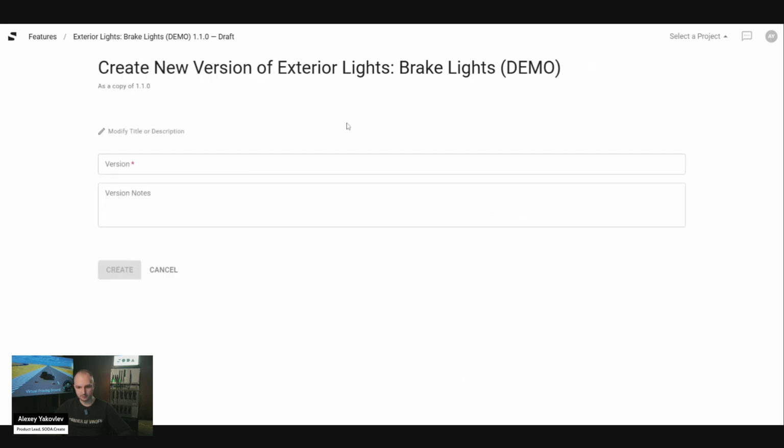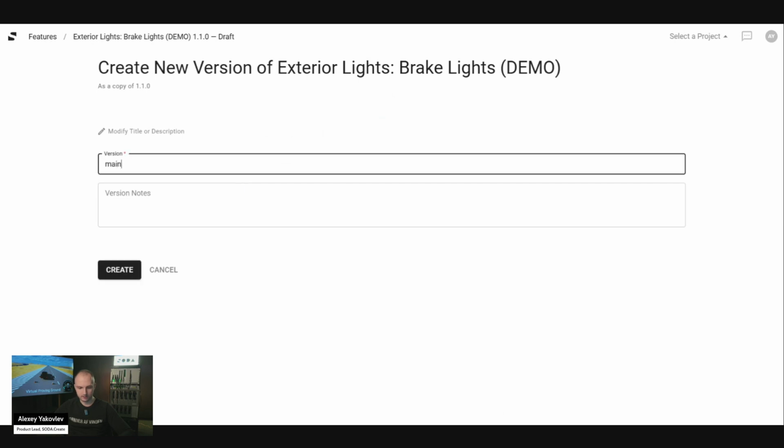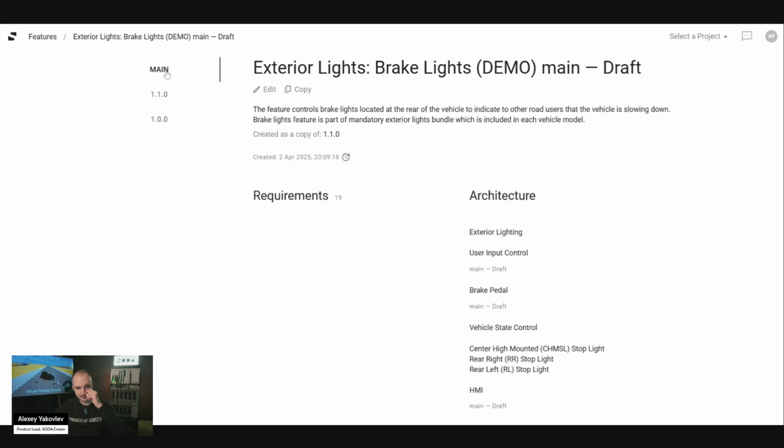Those are basically different branches. So for example, I can create a new one. Let's call it main. And this created the new version, the new branch of the same feature, or I can actually fork this object to basically clone it and have another feature with another ID, etc. But essentially,